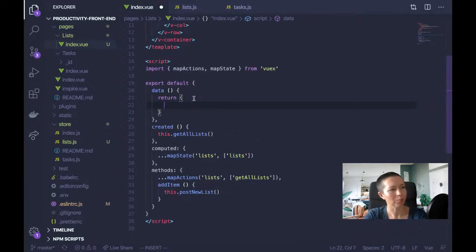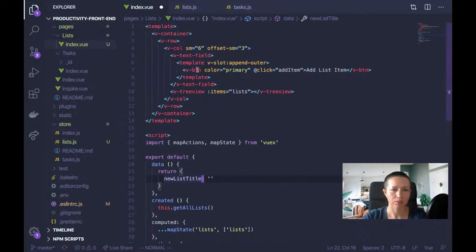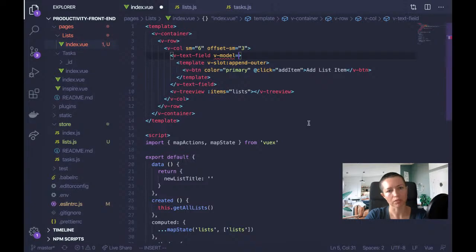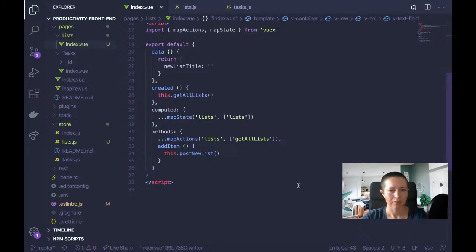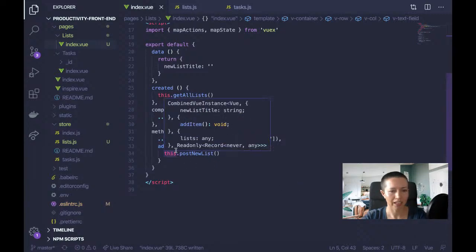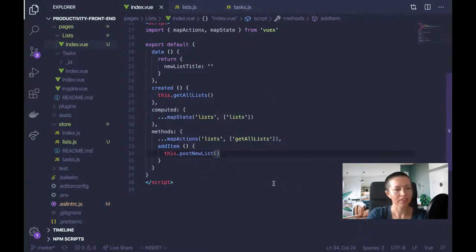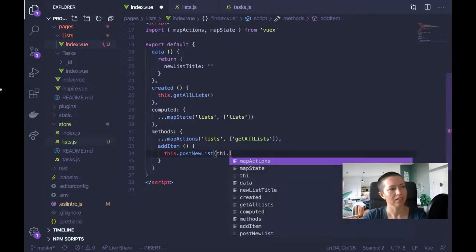and then all I'm going to do is get whatever I've typed into that input field, which I'm going to call new list title, which is going to be a string. So I'll need to take this input field and now vmodel it. So vmodel equals new list title. Okay. And now when I hit the add item button, I can say this dot